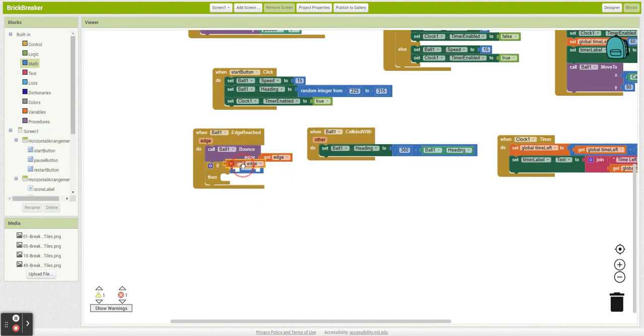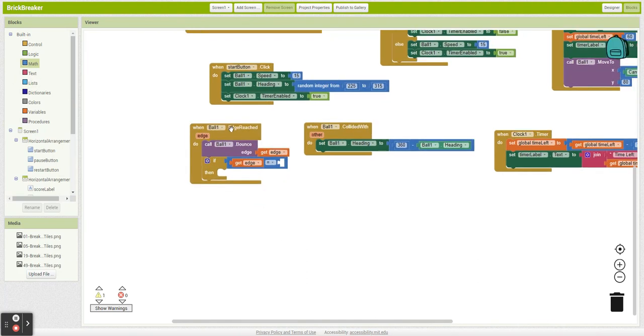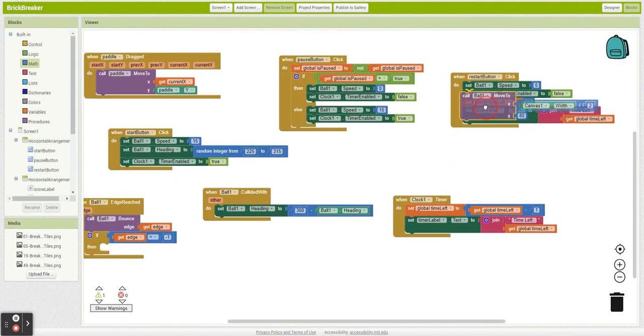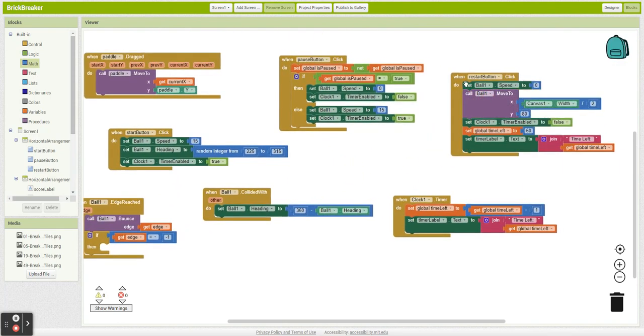But we're going to say if the edge we hit, and if you read this, it tells you what each edge is. It's kind of written in a weird way, but the south edge, the bottom edge, is -1. So if the edge is -1, what we want to do is, and I'm going to actually do this real quick, and you're going to see